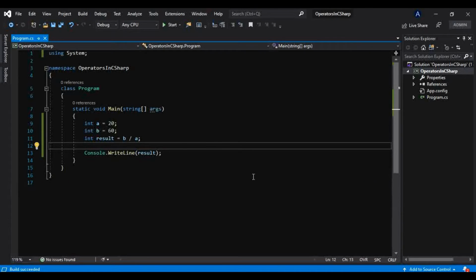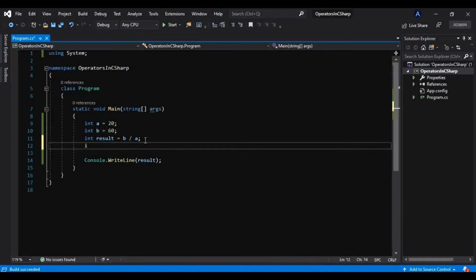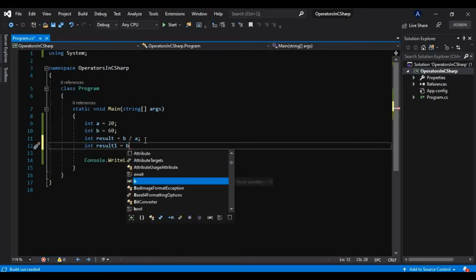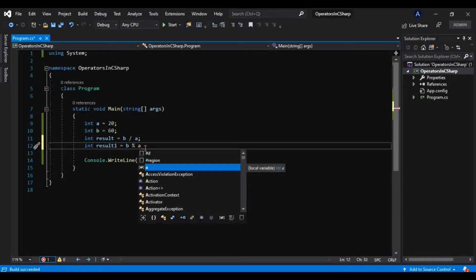Now, what is the difference between this divide and modulus? So that we will see. Let me take another int, result 1 maybe. And instead of using this divide operator, I will use the modulus operator, and we will see what that returns.